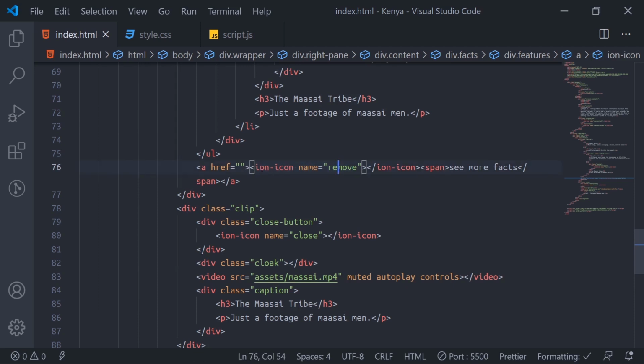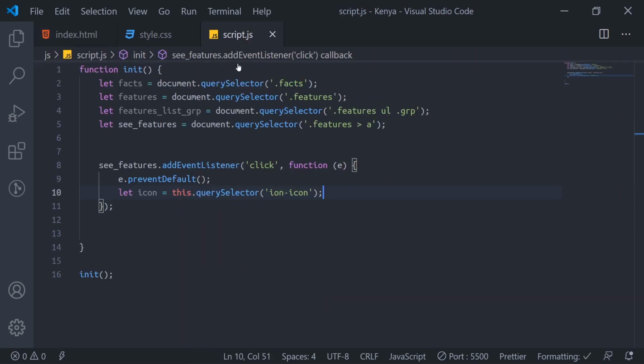Let's see. Now, we'll click and I will grab this icon. We'll grab this icon that will save inside this variable here. You get. So we'll click on this C features now. We'll grab that icon. Then we'll save it inside this C features here.